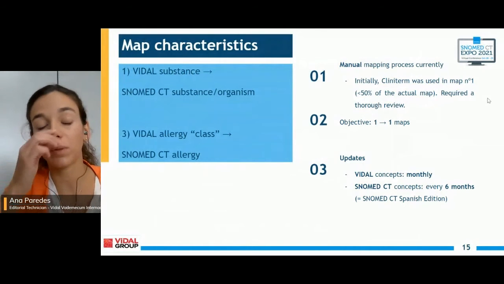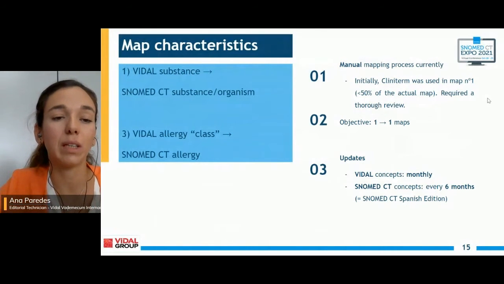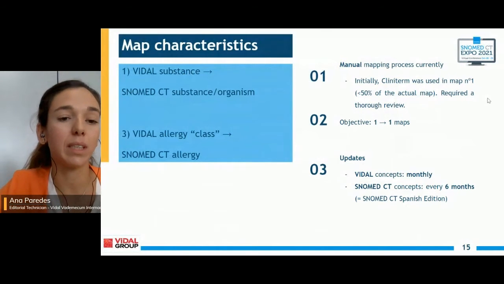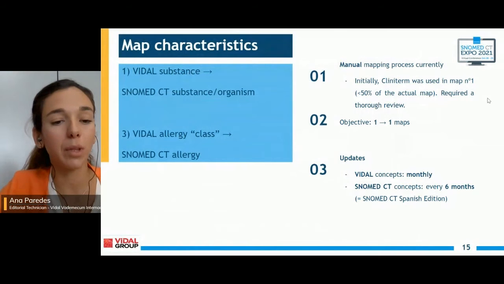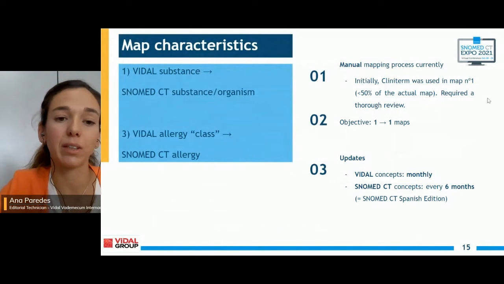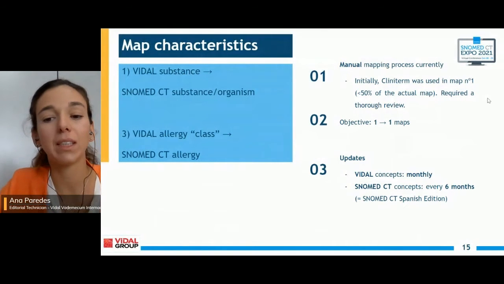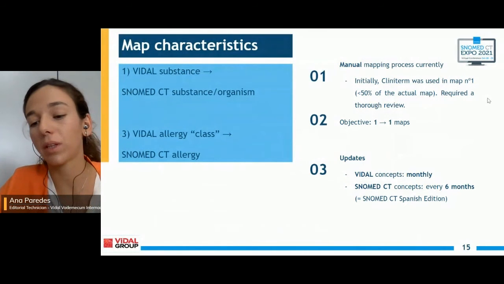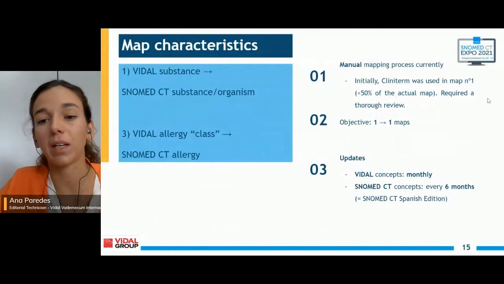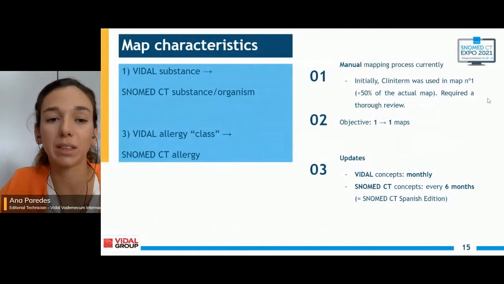The objective in both cases is to reach a one-to-one cardinality, and both maps are updated monthly on the side of Vidal concept. So they are updated monthly, just like our database. And on the side of SNOMED CT concepts, they are updated every 6 months, following the update of SNOMED CT